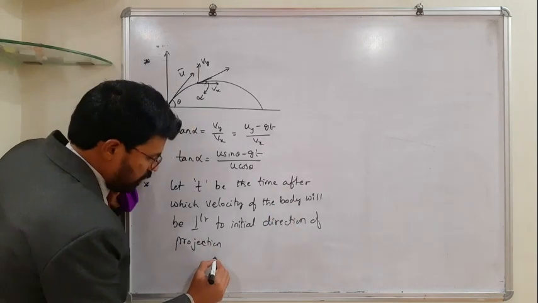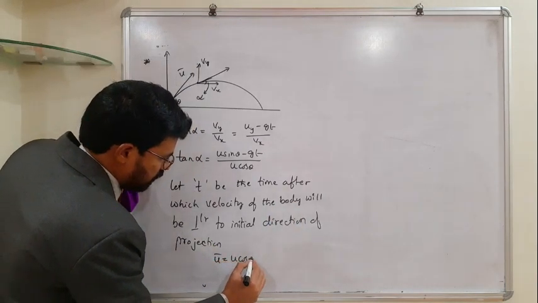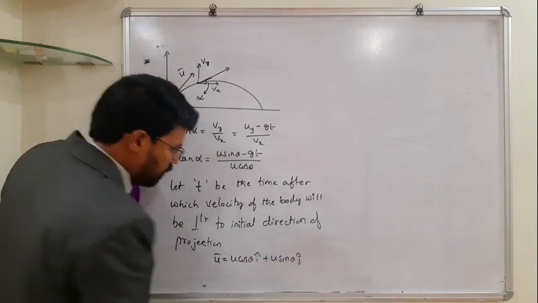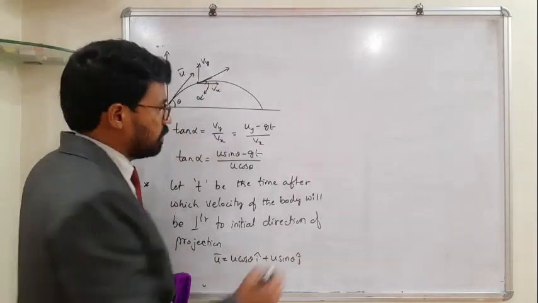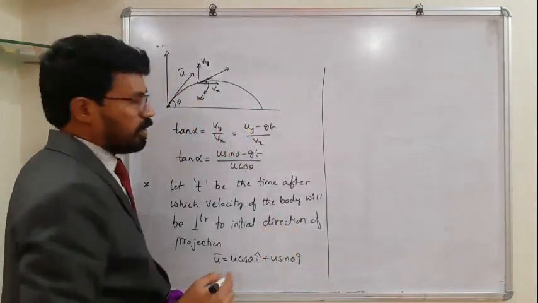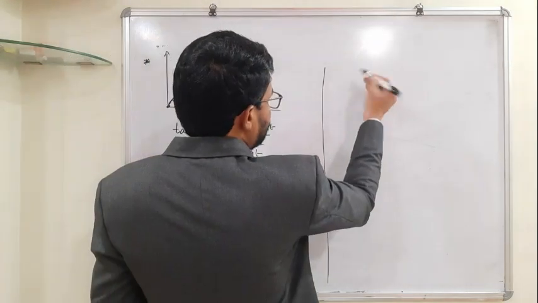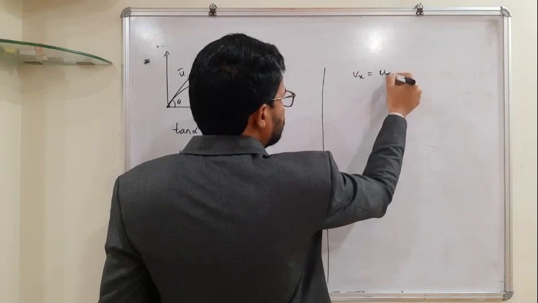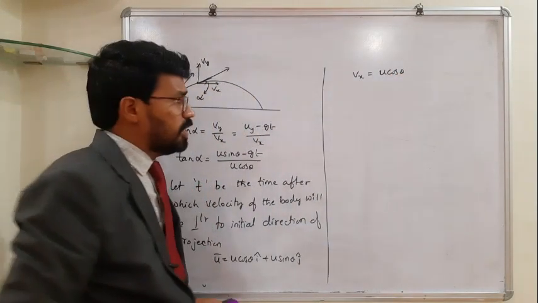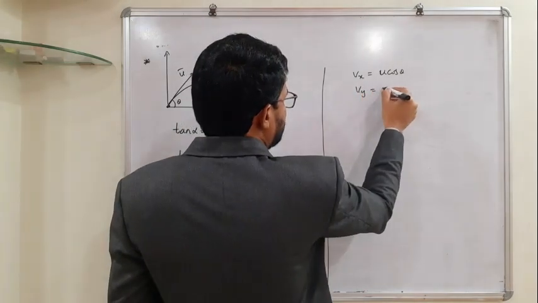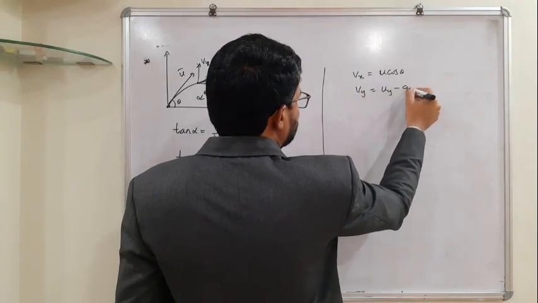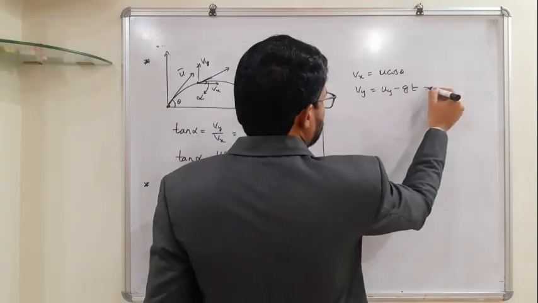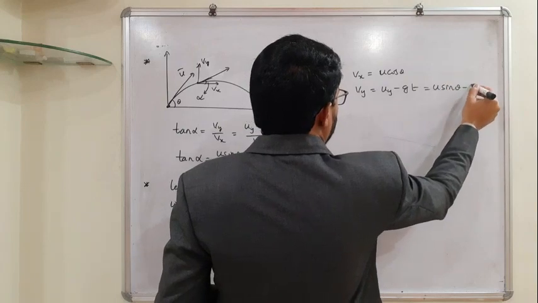Now, tell me what is the initial velocity here? U bar is equal to u cos theta into i cap plus u sin theta into j cap. So that's how vectorially you can express the initial velocity of projection, isn't it? Let us say after a time t, velocity is v. After a time t, Vx is the same as Ux, u cos theta; the horizontal component doesn't change. And Vy is expressed as Uy minus Gt. After a time t, that's how we write the vertical component of velocity, isn't it? And this Vy is u sin theta minus Gt.